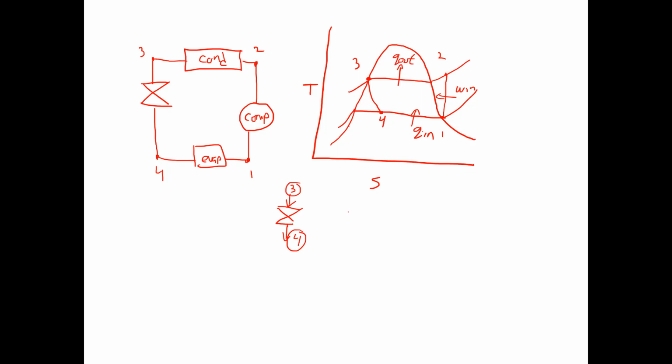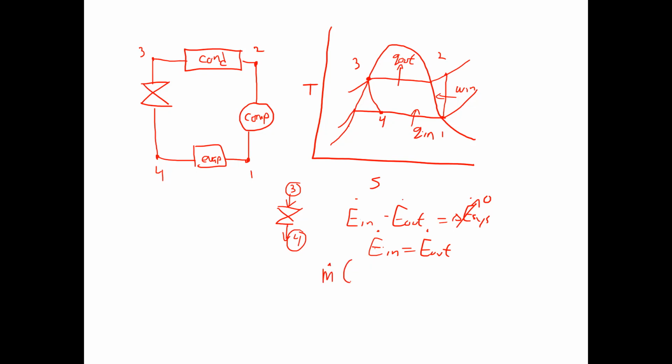So if I do a first law analysis on this, E in minus E out equals delta E system, where delta E system is 0 because this is a steady flow device. Energy in equals energy out. Energy by heat, mass, and work in equals energy by heat, mass, and work out. If we assume this is small enough that there's no noticeable heat loss, and this is obviously not producing or consuming any work, we end up with